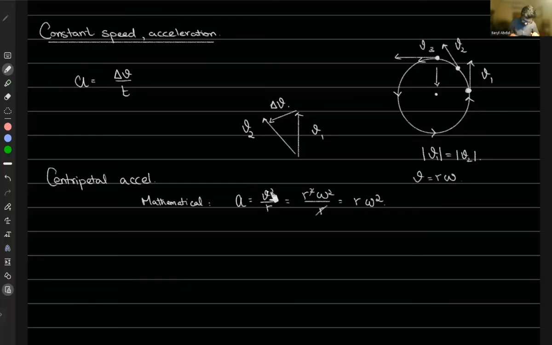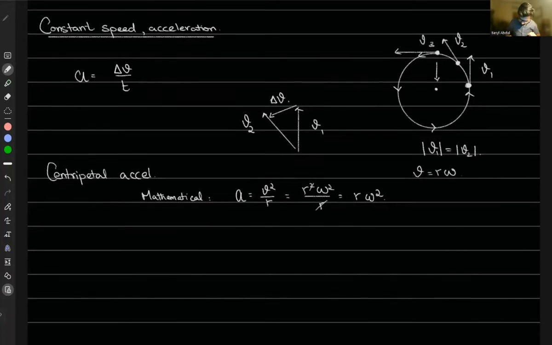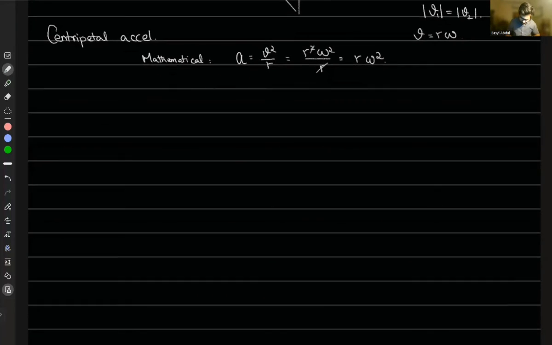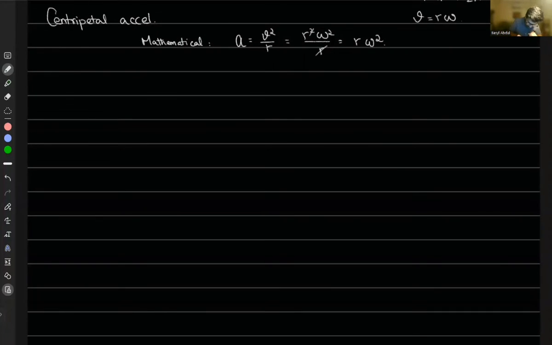So this just came from the original definition of acceleration, but we substituted for delta t in terms of the velocity and the radius, right? Okay, great. So now we can move on to the next topic, which is, well, an obvious thing should be to move on after acceleration towards